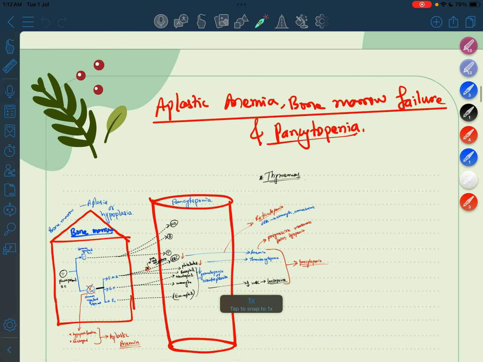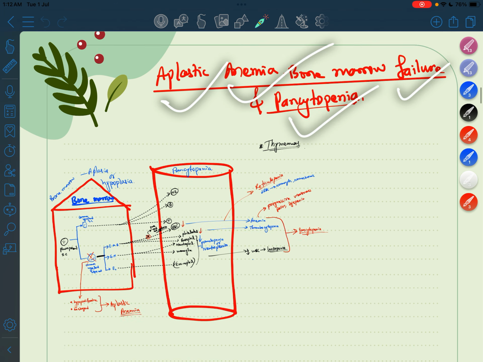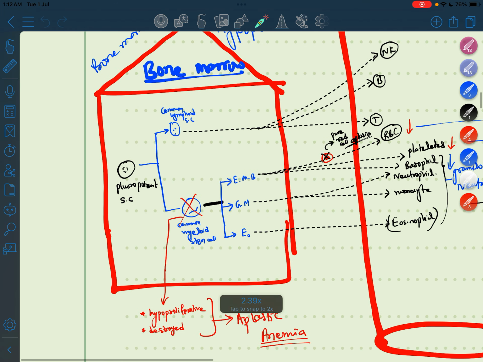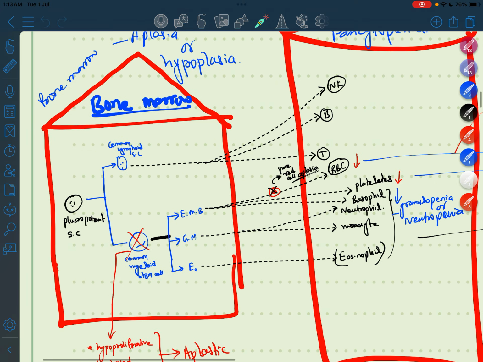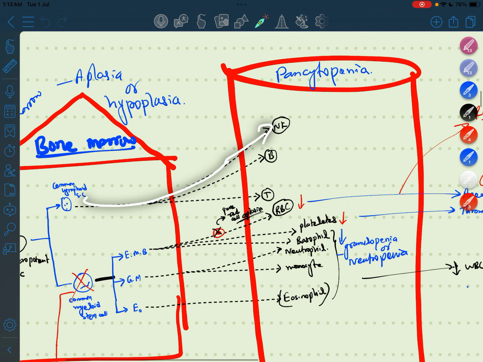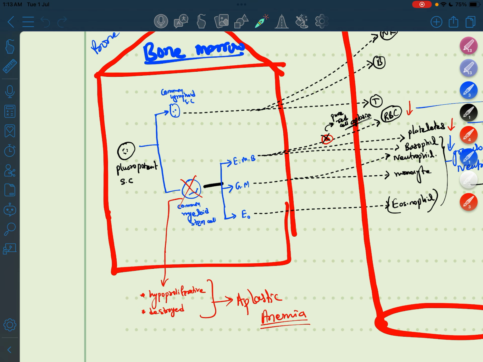Now we are moving on to aplastic anemia, bone marrow failure, and pancytopenia. When we look at the pluripotent stem cell, there is a common lymphoid stem cell and a common myeloid stem cell. The common lymphoid stem cell synthesizes the mature NK cell, B cell, and T cell. But the common myeloid stem cell synthesizes